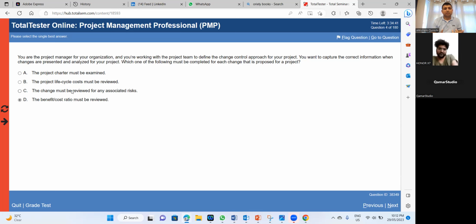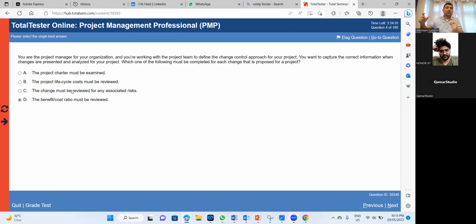Project life cycle cost must be reviewed. This is also an interesting point, by the way, because when you bring a change, let's say the project life cycle cost should be examined, because it is not only the cost to incorporate this change. The cost of supporting this change throughout the life cycle of the project matters, because there will be many implications of this change in terms of